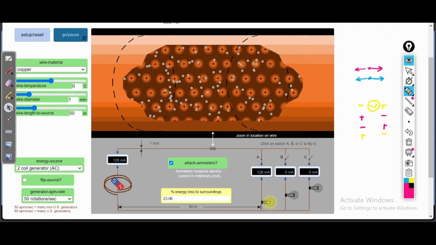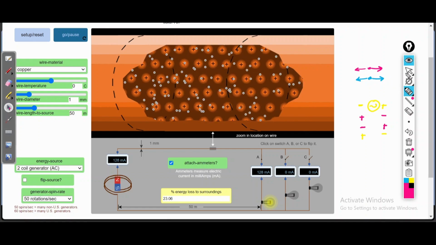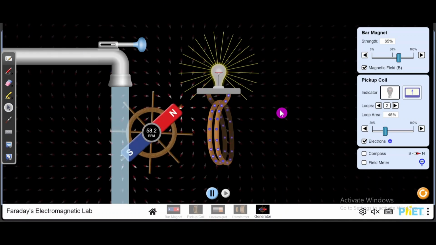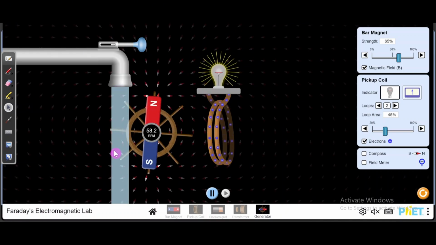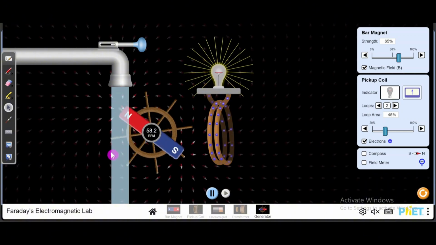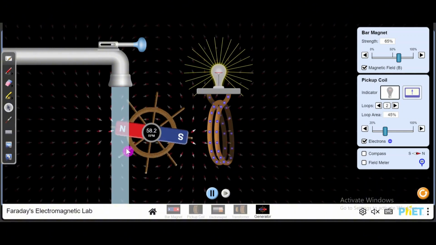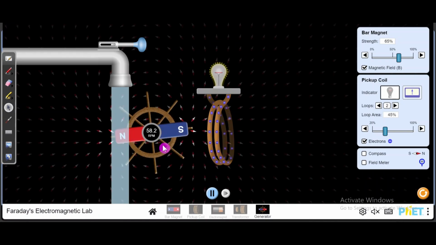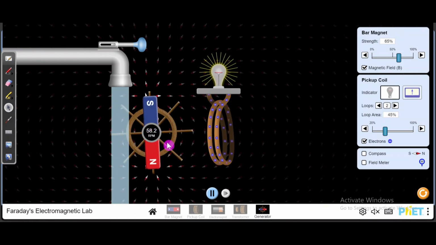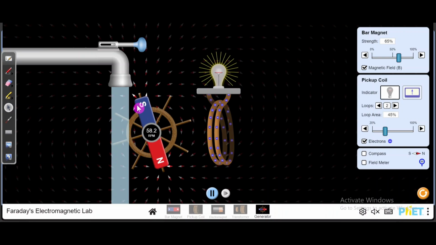Now we have the other simulation. This simulation represents the process that occurs in the powerhouse. In the powerhouse, we have water which is falling from a higher height to a lower height, and this water will have more potential energy. That potential energy will be used to rotate this turbine, and with this turbine we have this magnet,